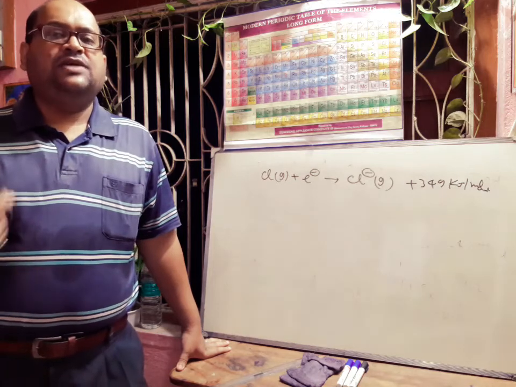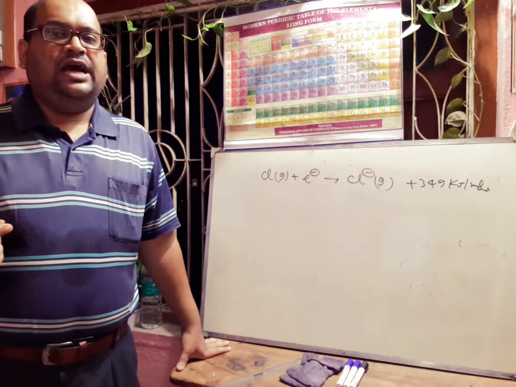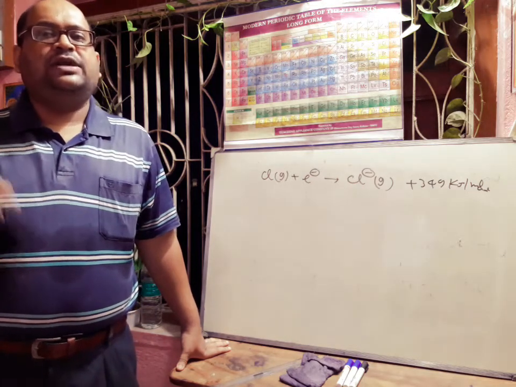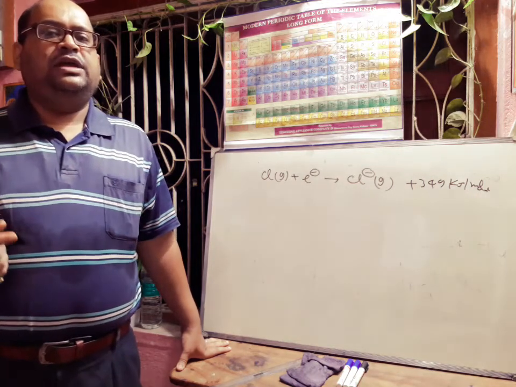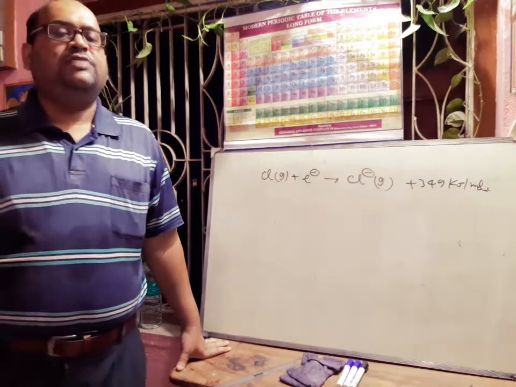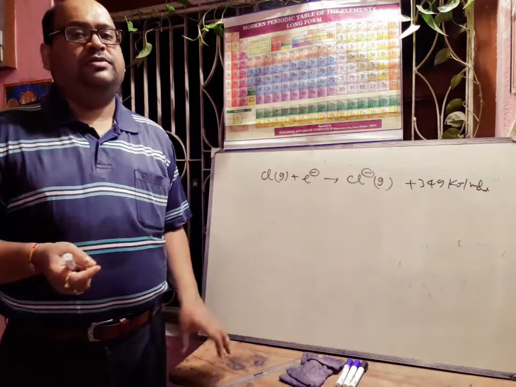But in the case of chlorine, it has 3 shells and the electron is added to a relatively larger subshell, that is the 3p subshell, which can easily accommodate the additional electron, and thus the electron gain enthalpy of chlorine atom is higher, or larger, than fluorine. So in this way we can easily explain the higher electron affinity of chlorine compared to fluorine.